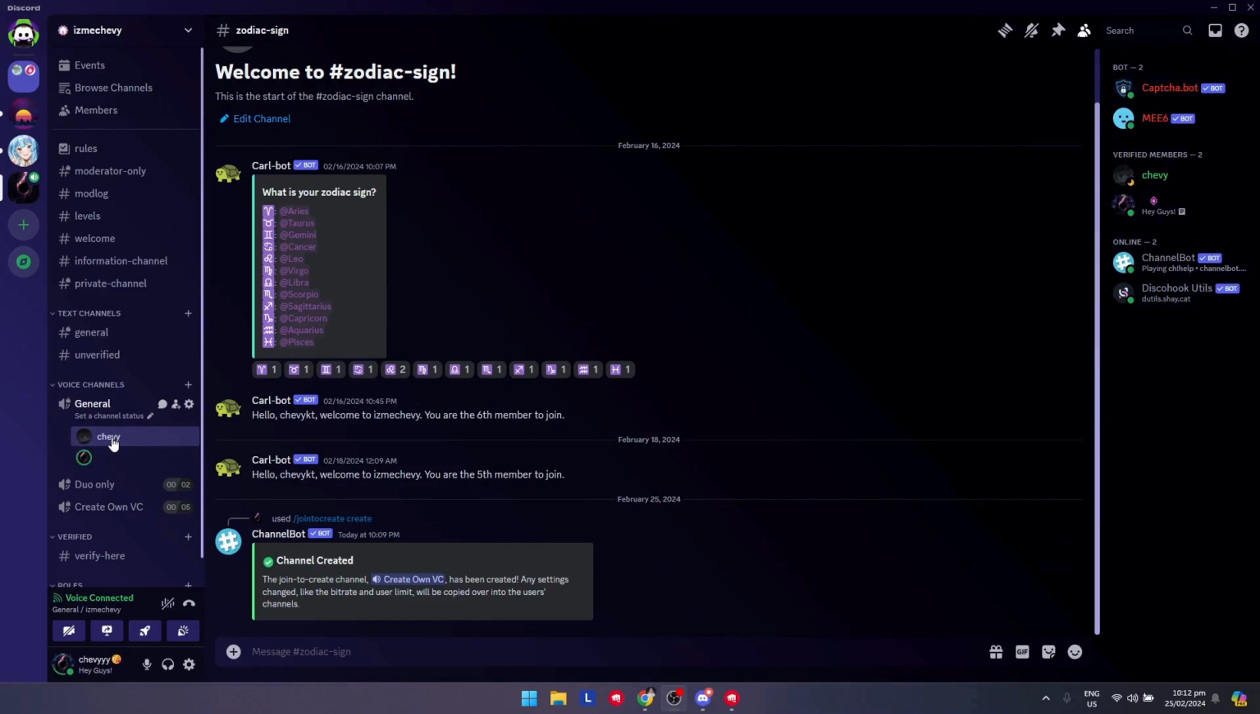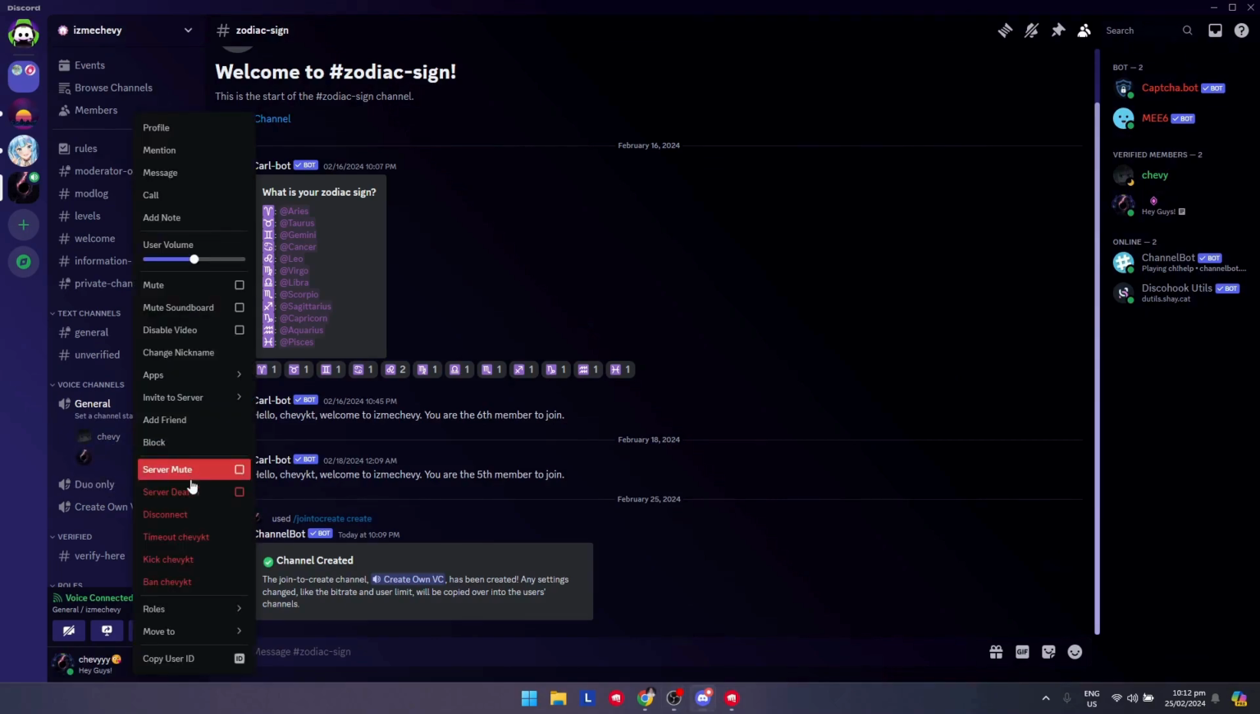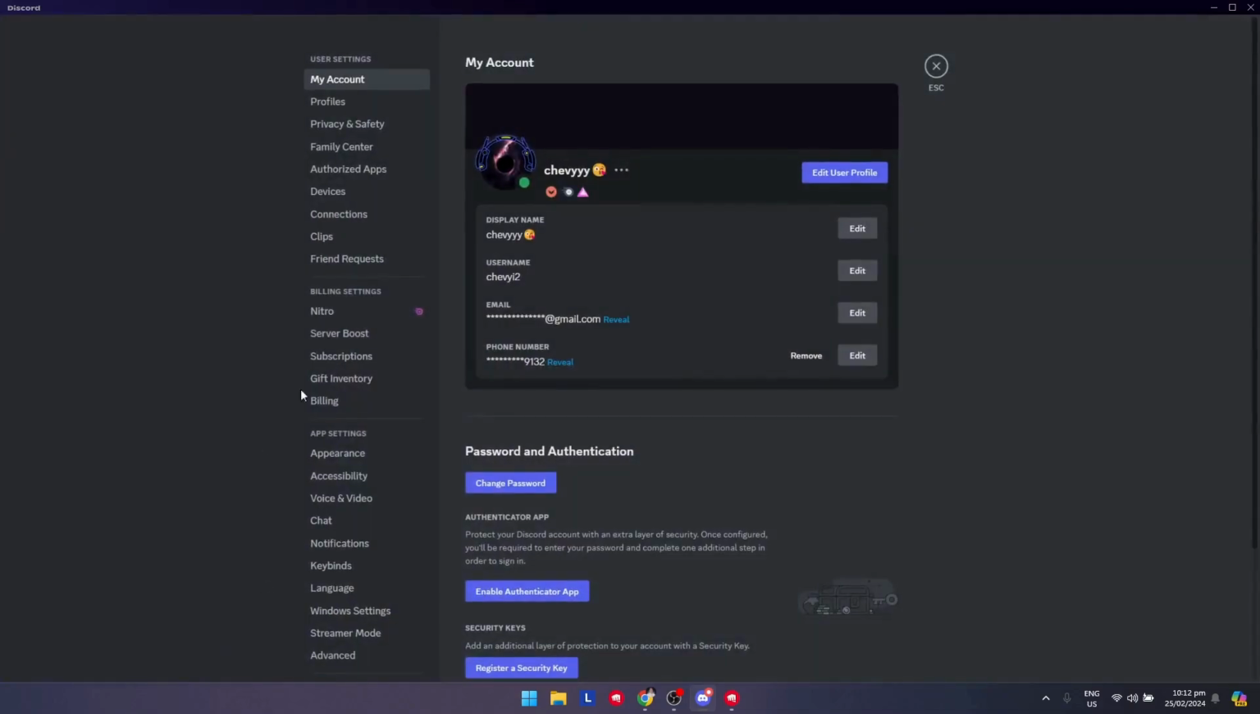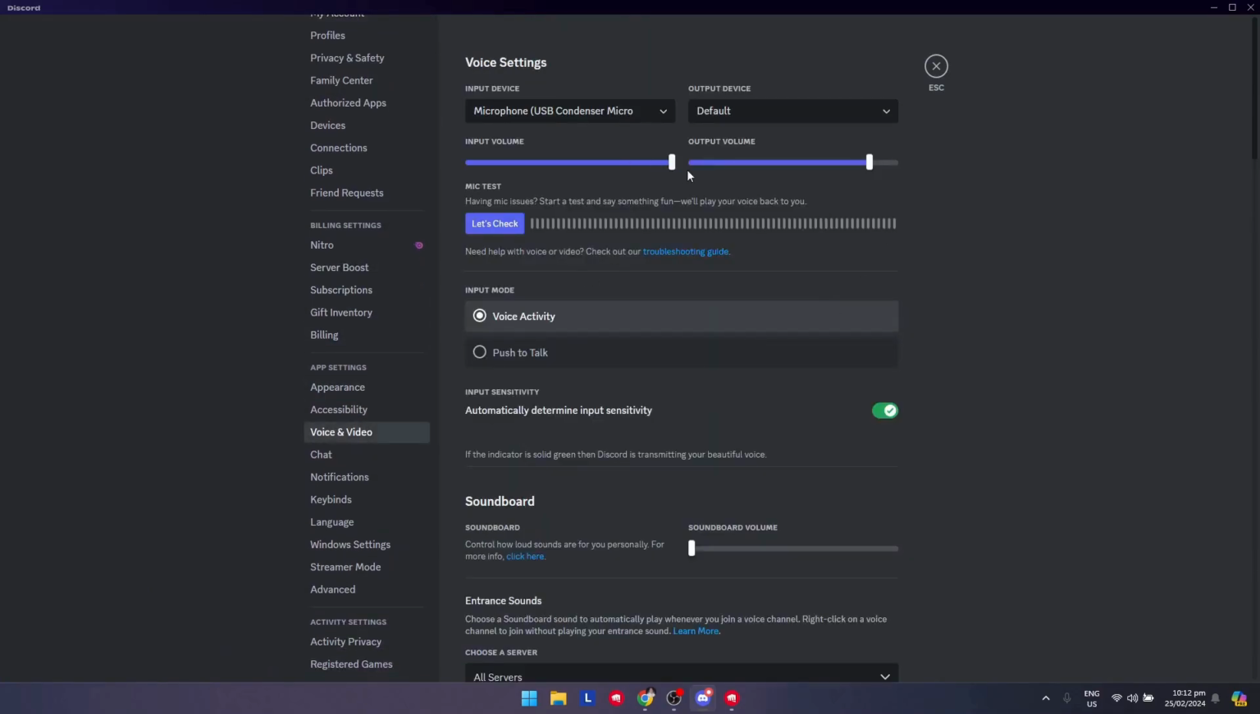there. You could now edit the user volume right here for that particular user. And also lastly, go to the user settings, go to voice and video, and you